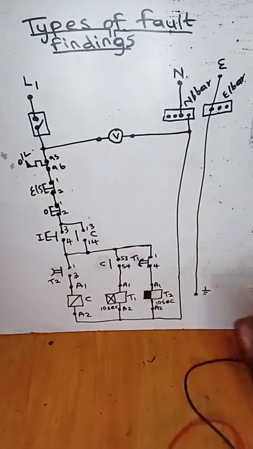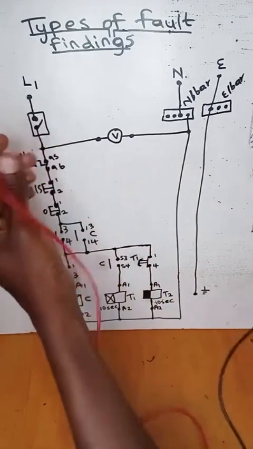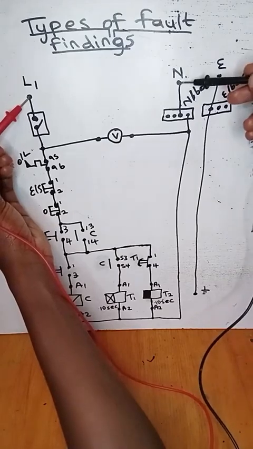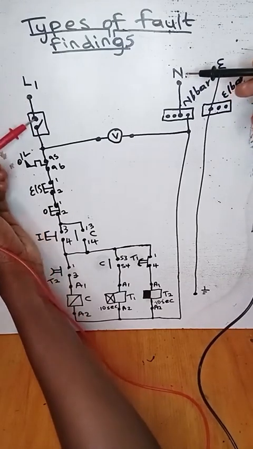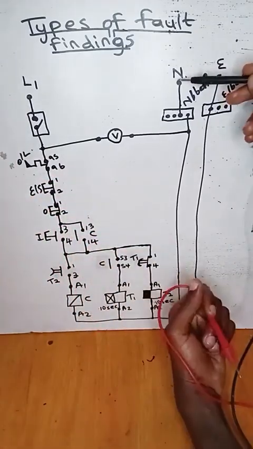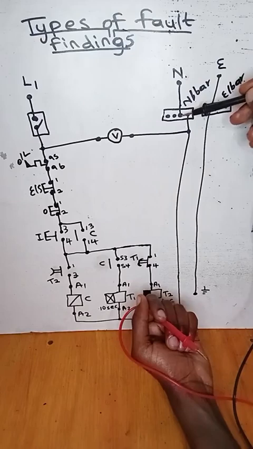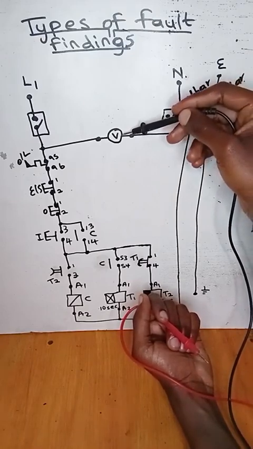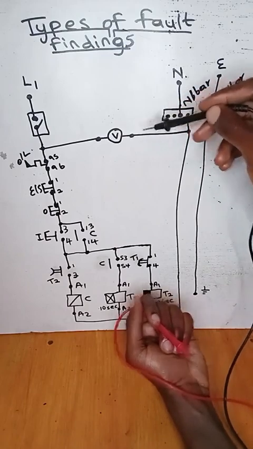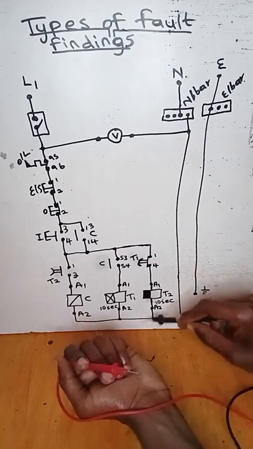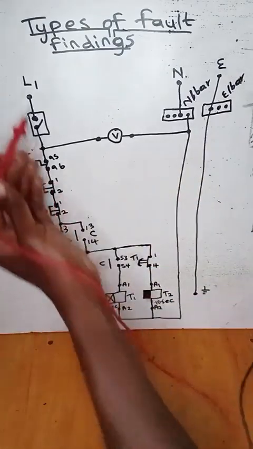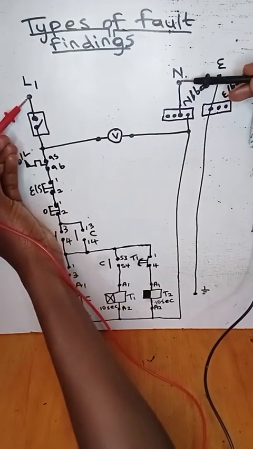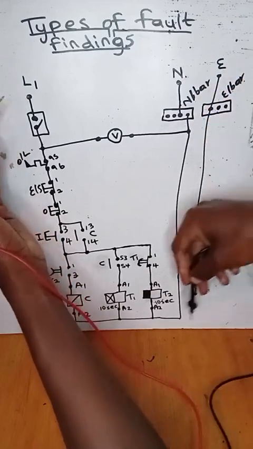Okay, so when we test live here and neutral here, it's the same as we have tested from here, and neutral here until the neutral bar, and from the neutral bar until the point from the voltmeter on the neutral side, and also until all the A2s of the coils. When we have put our lead here and lead here, we have tested the points that we have shown you,